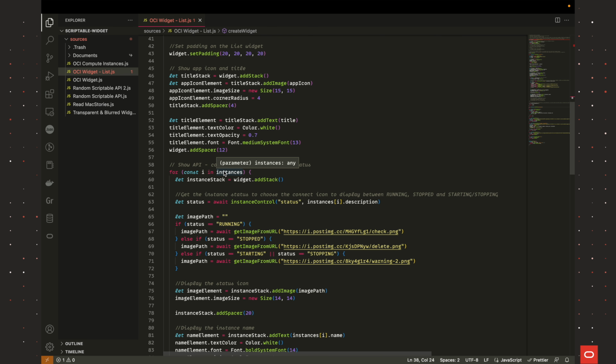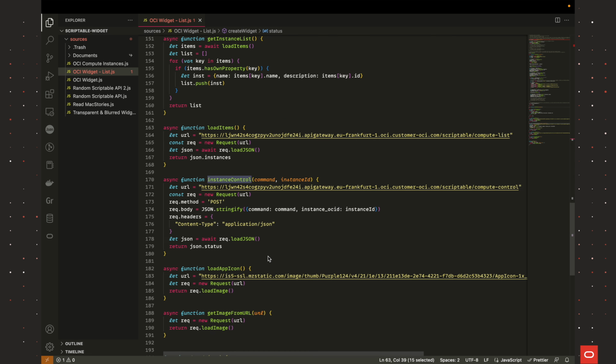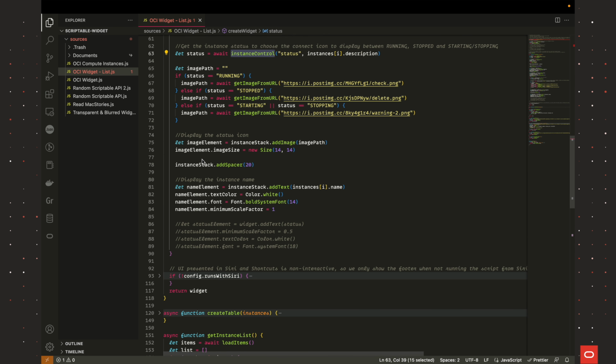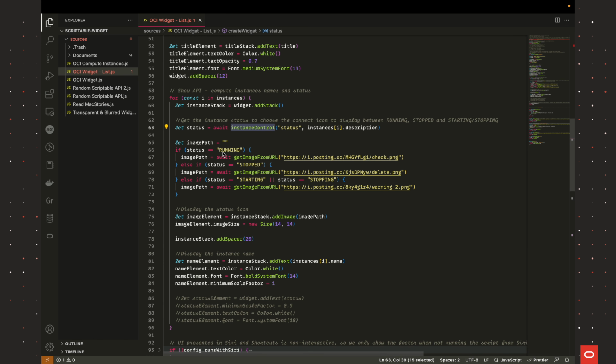And then for every instance in the return message, in the return JSON, we create a stack where, first of all, we get the status of the instance by using the instance control function, which is called here. And then we add an image depending on the status of that compute instance.